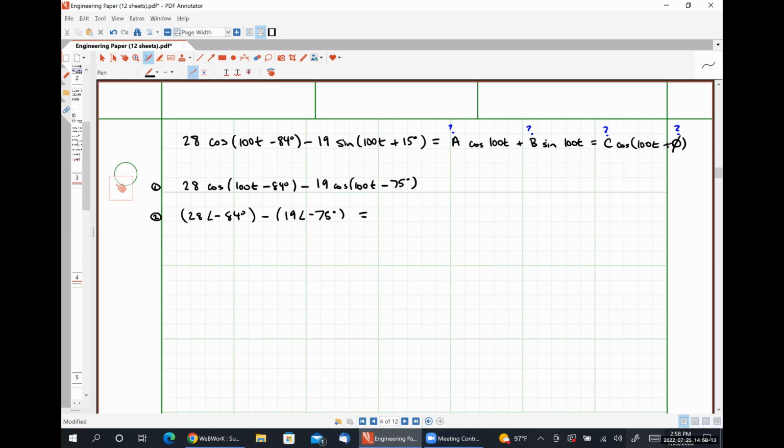And I'm going to throw this in my calculator. 28 angle negative 84 minus 19 angle negative 75. I get 9.700 angle negative 101.843,